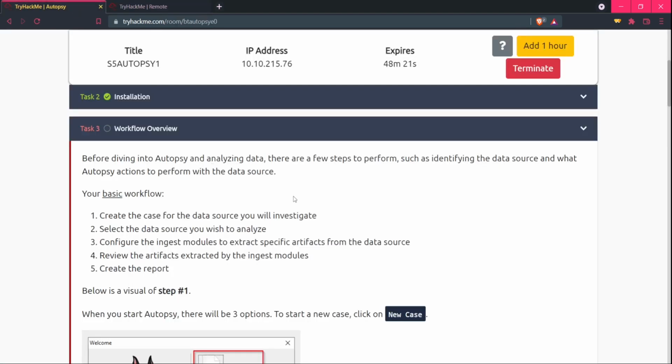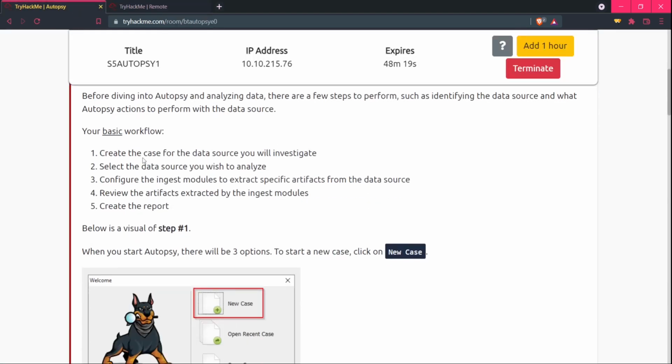And meanwhile we see what the basic workflow is, or what are the steps we need to do. In order to do the analysis work, we need to create a case for the data source, and we need to select the data source, and we can also configure the ingest modules or the plugins which we need for some special analysis work.